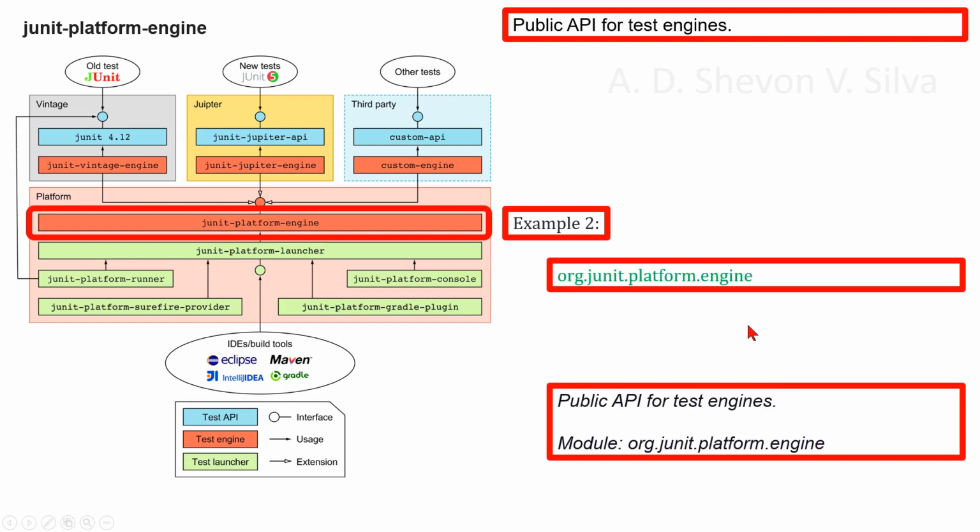As an example, we can consider package org.junit.platform.engine, public API for test engines. This is in the module org.junit.platform.engine. And also the module org.junit.platform.engine, also public APIs for test engines, provides the TestEngine interface, test discovery, and